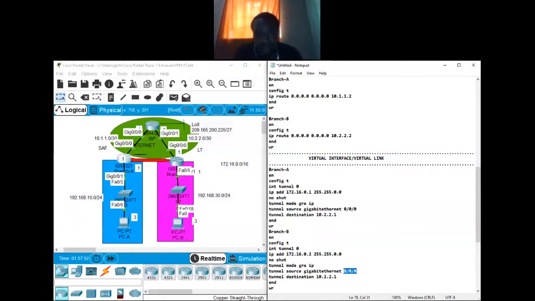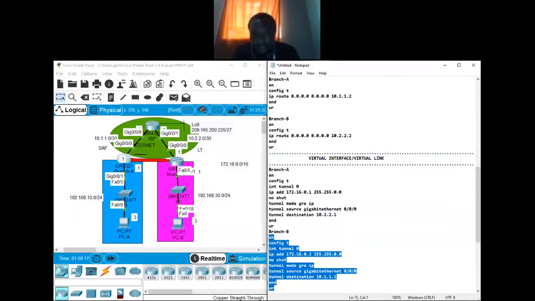Now the source interface is what? Still gig 0/0/0, but the destination is not that. The destination is the public IP address on the internet of the destination. So this is the public IP address 10.1.1.1. Yes, and the next one will go to branch what? That will go to branch B.